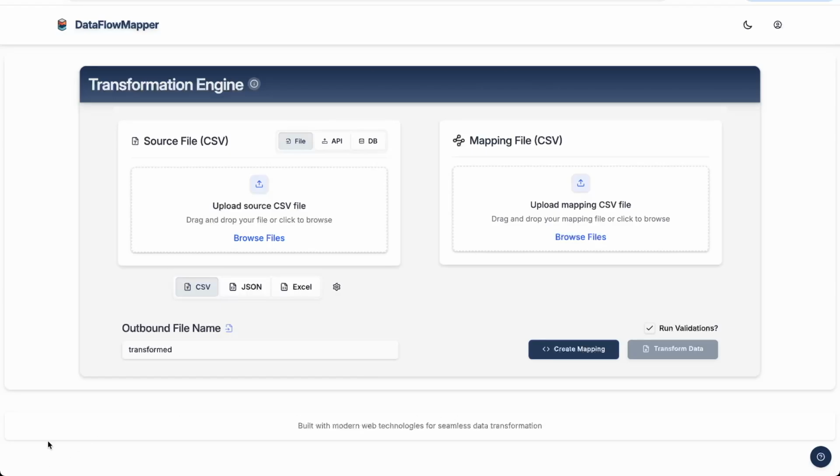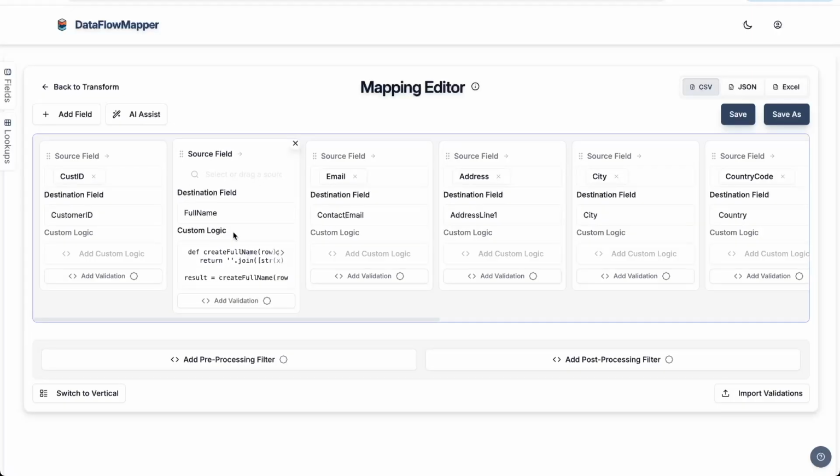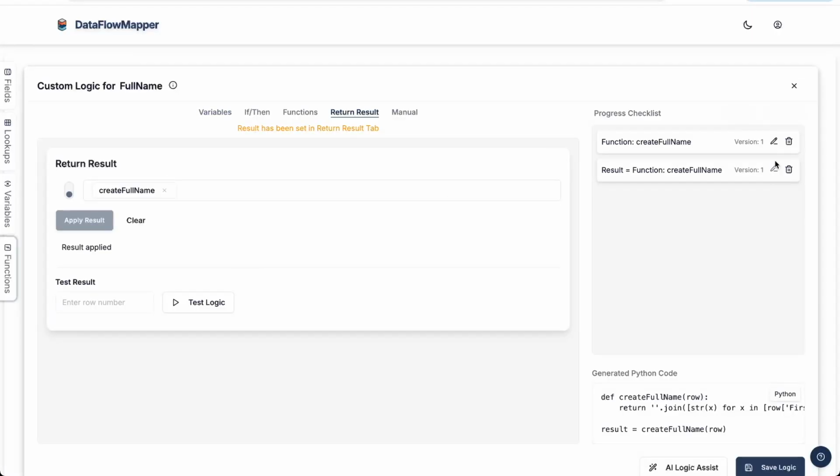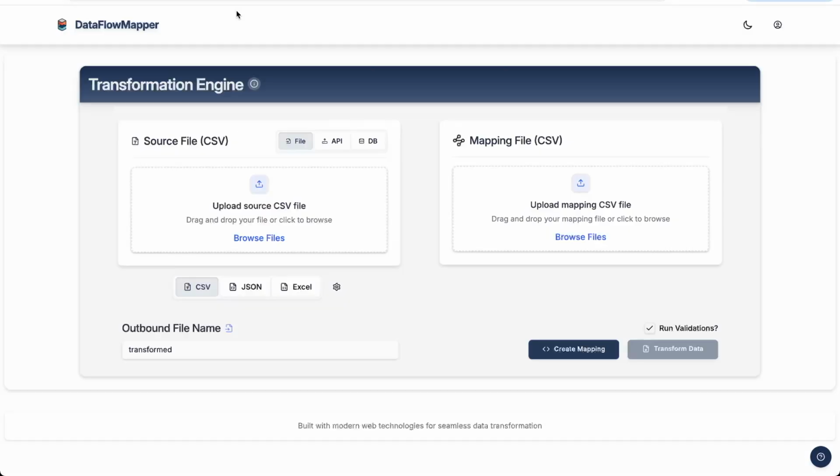Welcome to a deep dive into DataFlowMapper's logic builder. In our previous tutorial, we used a simple concatenate function to create a full name field. Today, we're going all in. I'll show you how to use functions, variables, conditional logic, and even our manual Python editor to transform data the